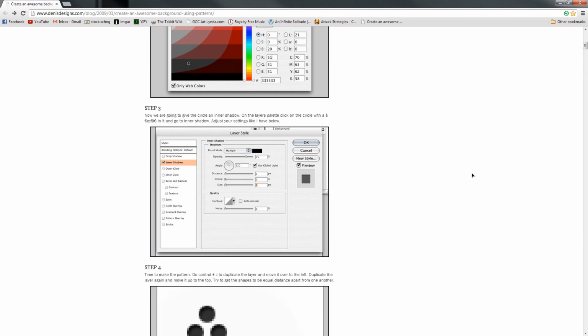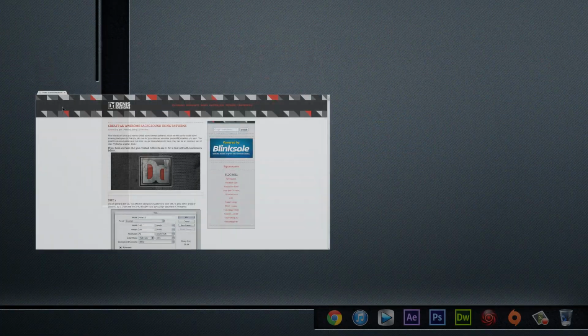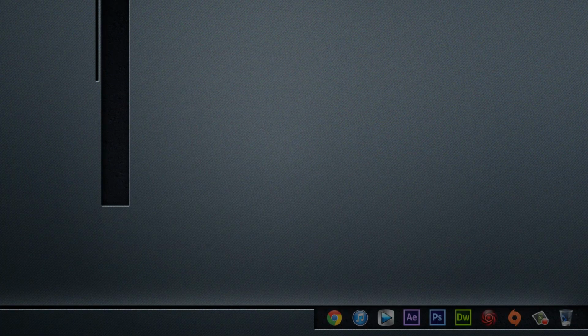However, it is a little bit on the old side. It was created on March 31st of 2009, so it is a little bit dated, and the effect itself looks really nice. So I figured I would go ahead and oblige that user and do this recreation of that